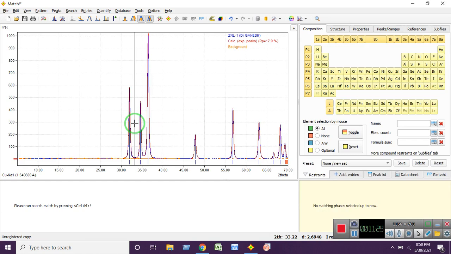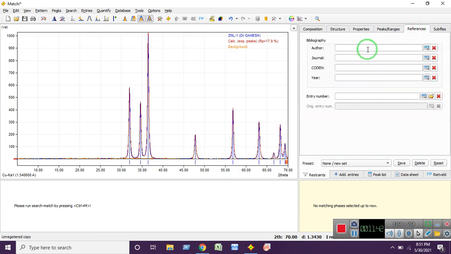If you are very clear about your sample, then you can directly select the elements from the periodic table, or you can search by entering the reference id. Here you can enter the reference id, so it is automatically going to select the particular peak if you are very particular about your sample. This is the XRD data of a zinc oxide film.